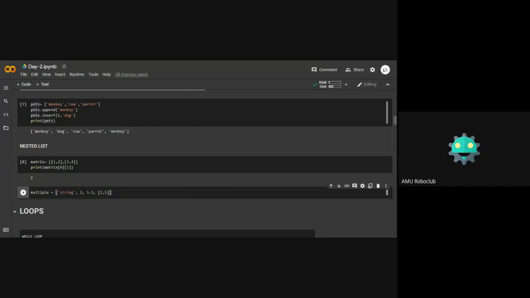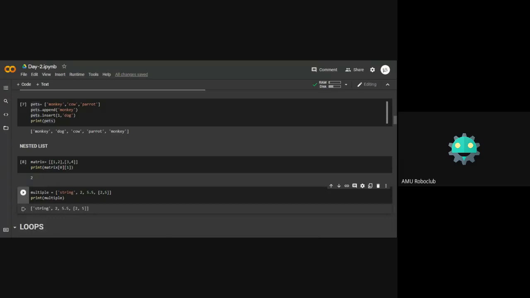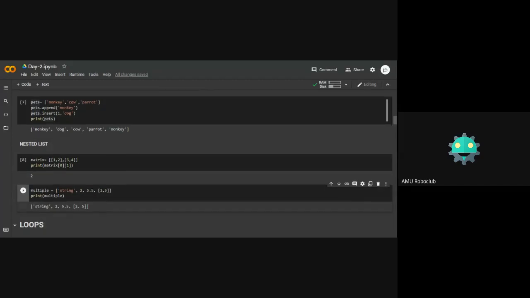Now let's print this list. And see, it did not show any error, rather the list was printed, which means that we can define a list having multiple data types, a string or an integer, float or a list or a complex number or anything.